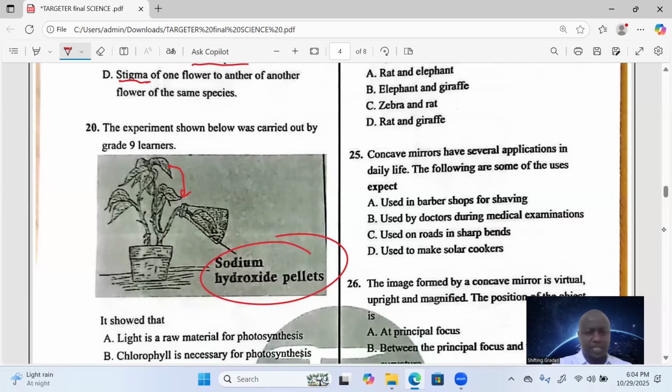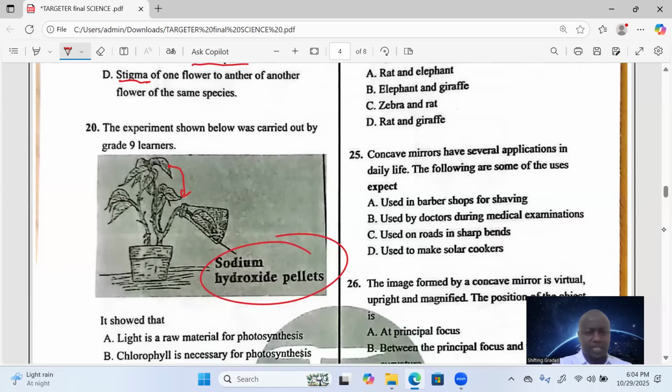Then now, test for starch is carried out. And after that, we'll be able to confirm that the leaf didn't manufacture its own food, because the carbon dioxide that was there was absorbed by sodium hydroxide pellets. It's so good for you to know, in an experiment where light is being examined, we shall have